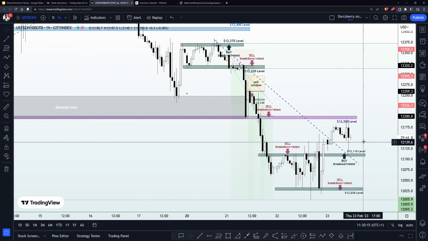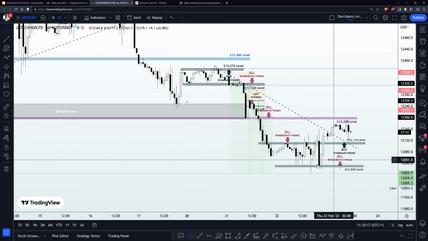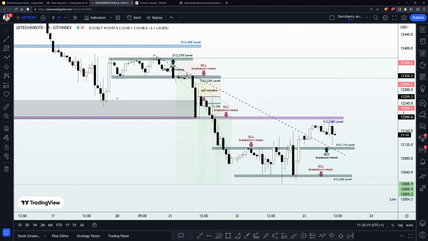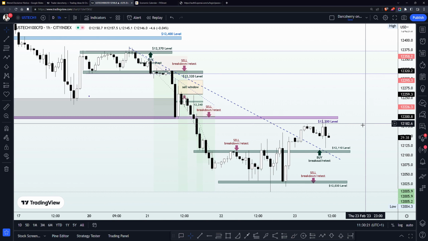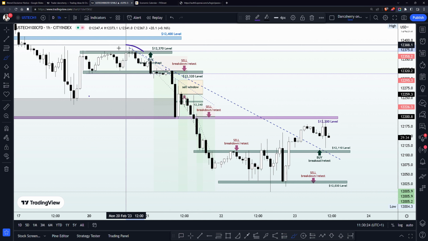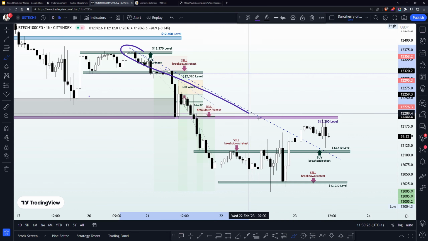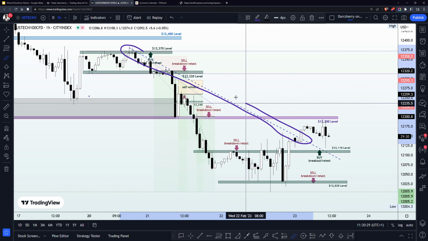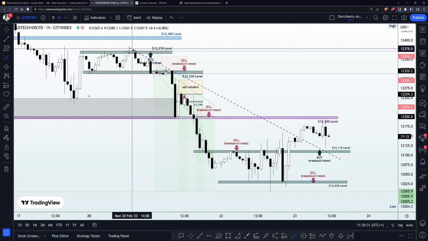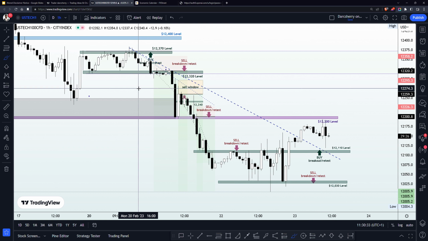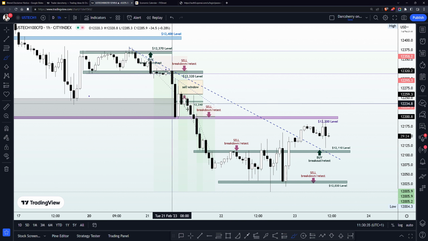Then another thing I would like to state here is that remember that we have been selling the US tech since the beginning of this week. And when we connect the series of lower highs since the beginning of the week here, you can see that we have a bearish trend line figured out at this point. And this line has been guiding selling momentum since the beginning of this week.